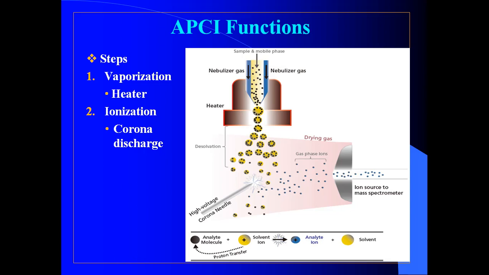It can be set at 100, 200, 300, 400, 450, whichever as per the requirement of the sample. Due to this heat, it rapidly evaporates the spray droplets, resulting in gas phase HPLC solvent and analyte